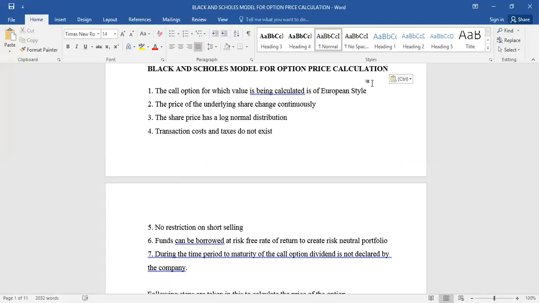Similarly, the assumption regarding the risk-free rate. You might be having a question in your mind: why should I use the risk-free rate? Because at the risk-free rate, none of the businesses will operate. So what you can do is put the actual expected rate of return of the seller of the option, or the actual cost of capital. Then also the fundamentals will work. So the idea is that points number 6 and 7 can be done away with.